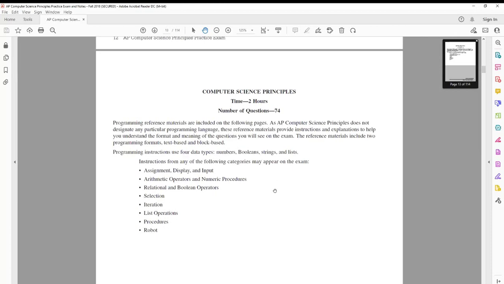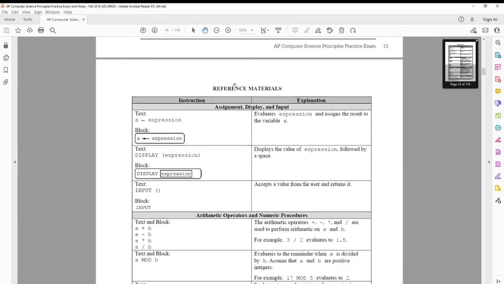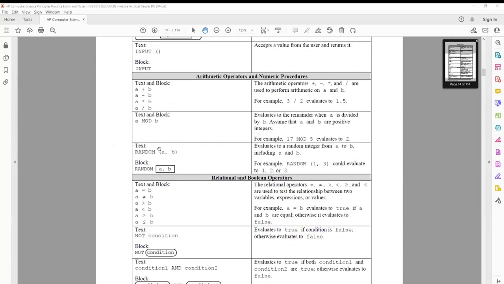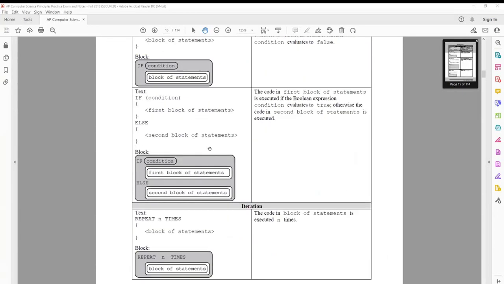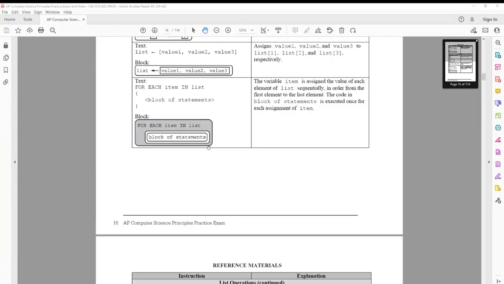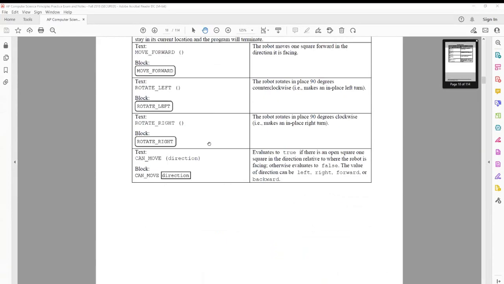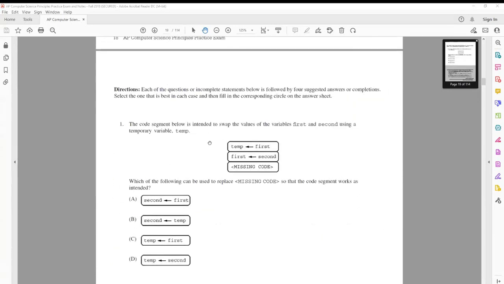These are things about programming, the so-called pseudocode and block language. They show you their definitions here. We already discussed many of them, but you must remember that these are the official definitions. In each test set, they will give you the definitions in the front as well. Then we start on the problems.